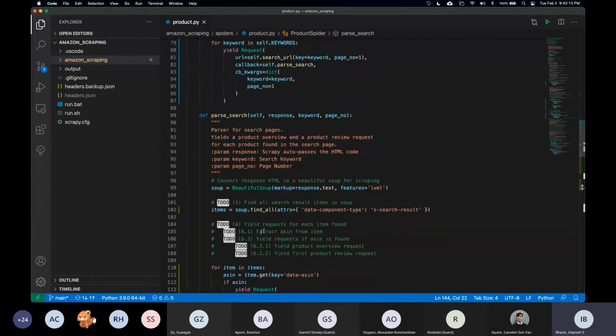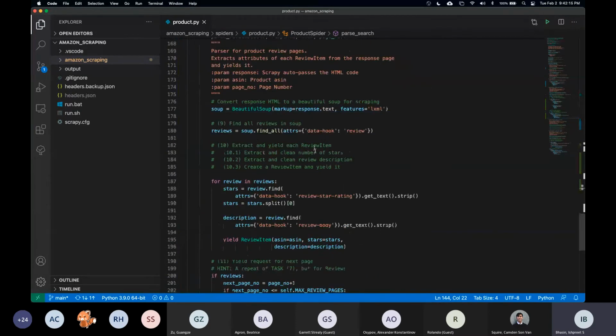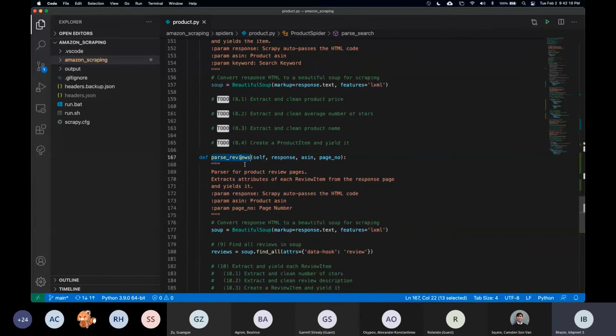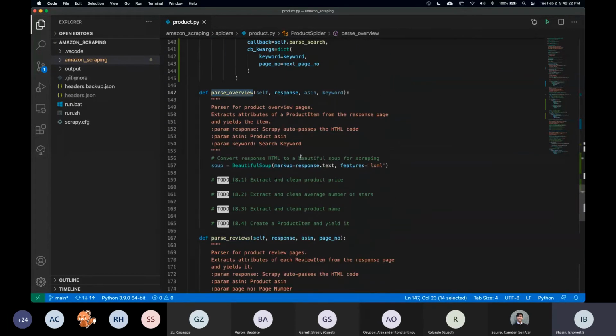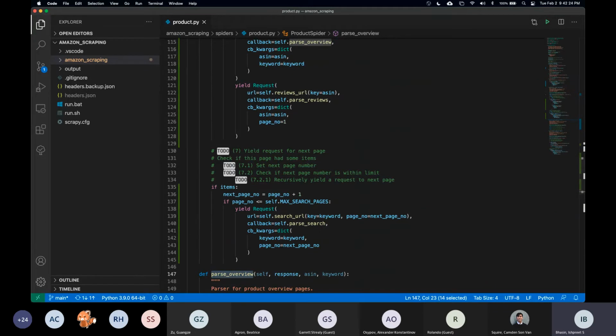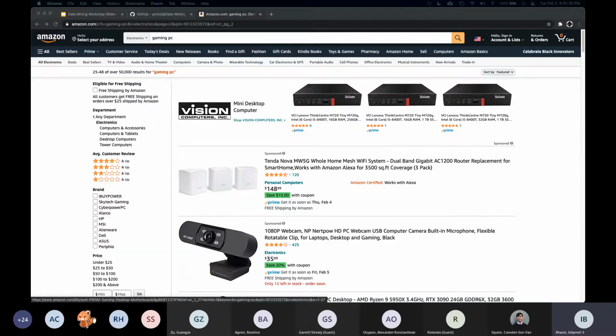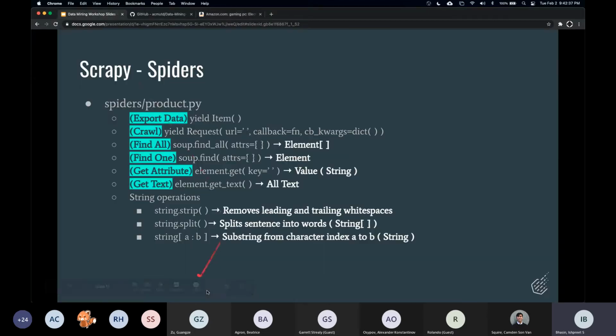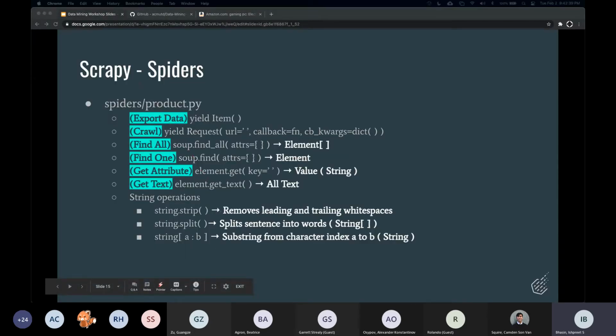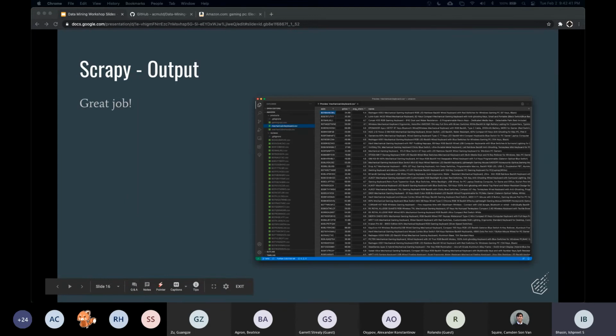So if you were able to follow up to here, I think the next ones, parse reviews and parse overview, should also be pretty easy to understand. And I've already uploaded the finished code, and it's getting pretty late. So I think I should try to wrap up here. But basically, after you finish your code, or if you open the finished code and you hit the build command,